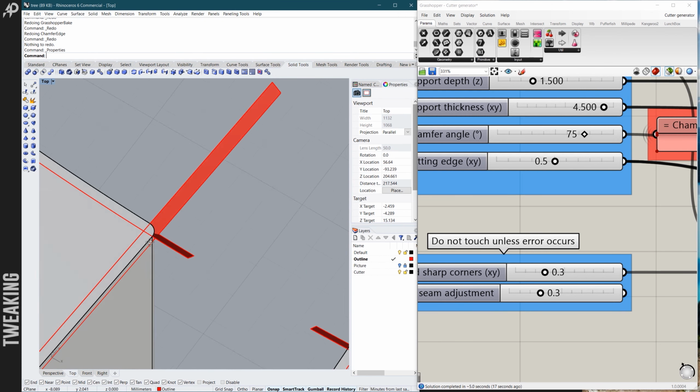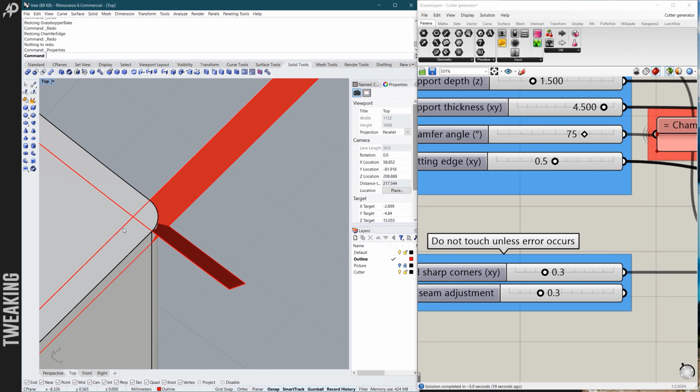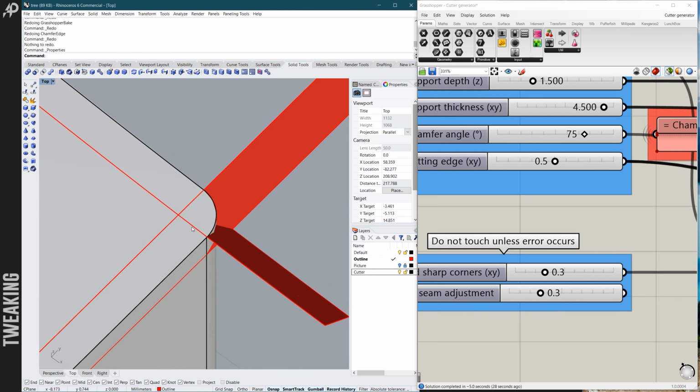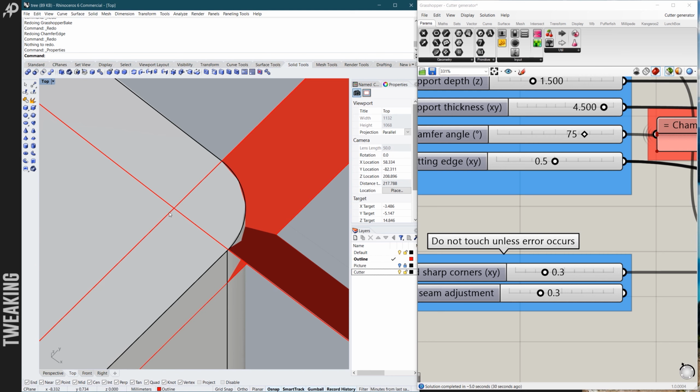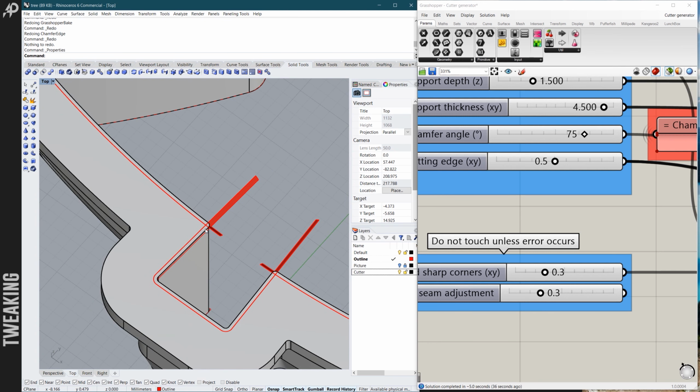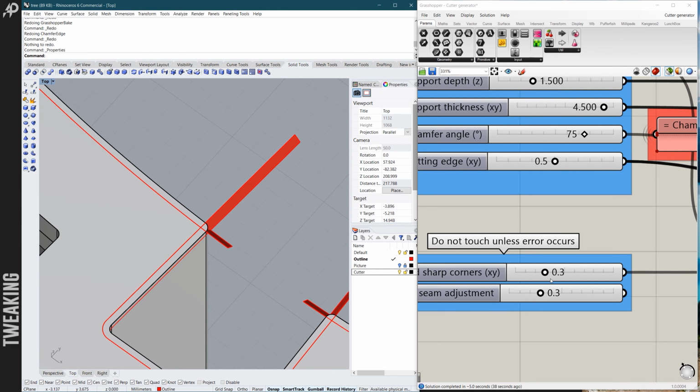The problem is that I have chosen chamfer 0.3, but the radius here is also 0.3 as defined here. What that means is there is no place for a fillet to be created, and the chamfer just explodes here. So you can only chamfer for values that are smaller than